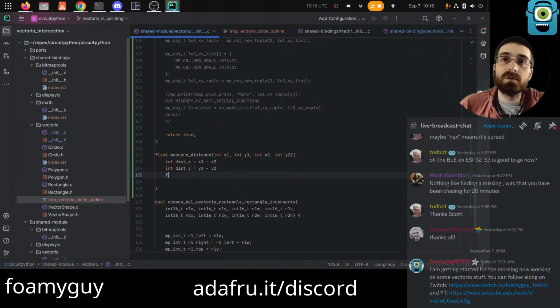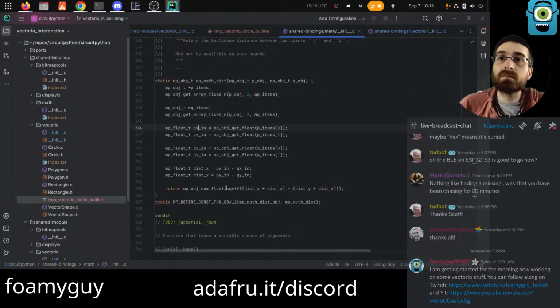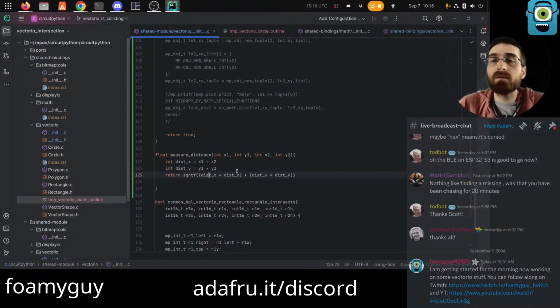And then we will just return. So this is using the square root, so it is going to do that sort of slower operation, but